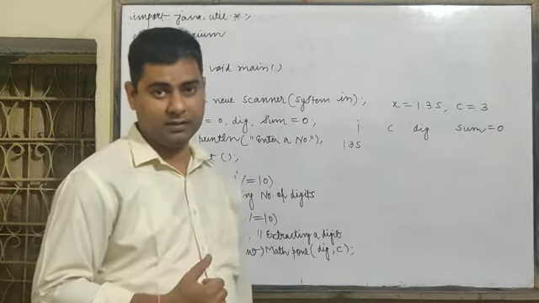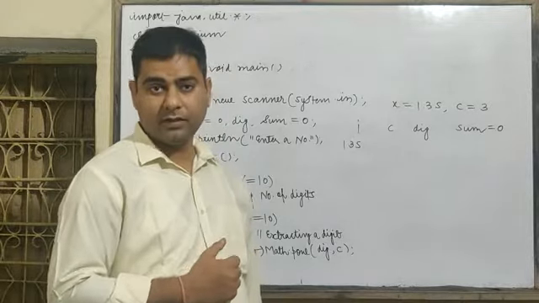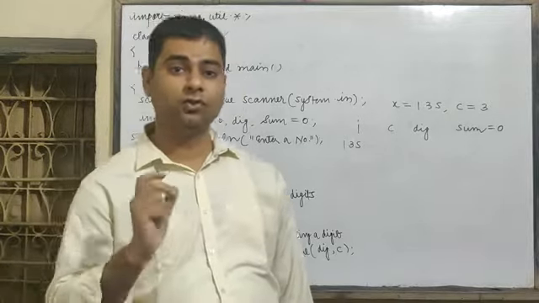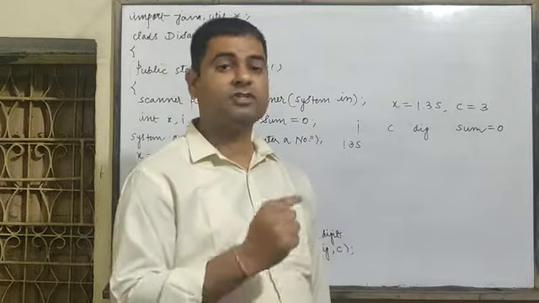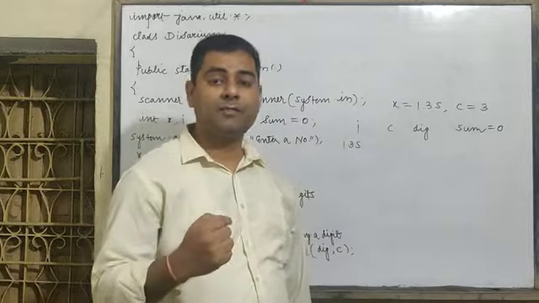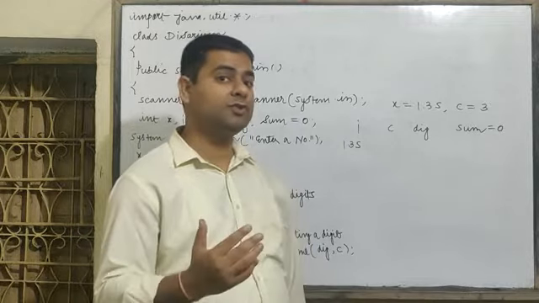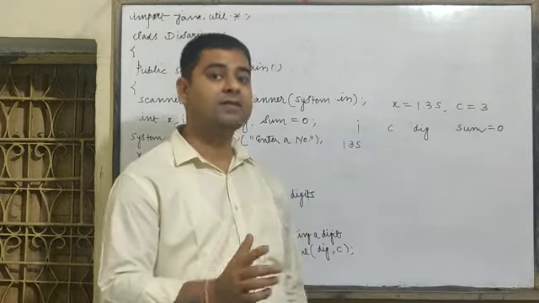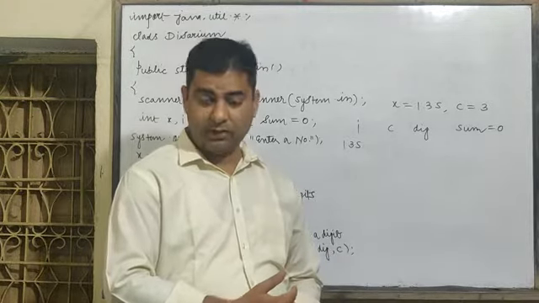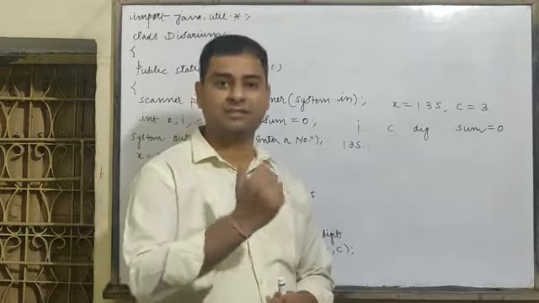How shall we know the respective position for the last digit of a number? Because a number can have any number of digits. For example, 89 has how many digits? 2 digits. So in 89, the last digit is 9, and the respective position will be 2. But suppose the number is 135. Then the respective position for the 5 will be 3. Suppose the number has 4 digits, then the respective position of the last digit will be 4. Suppose it has 5 digits, then the respective position for the last digit will be 5. So how shall we determine this? How shall we find out the respective position of the last digit?